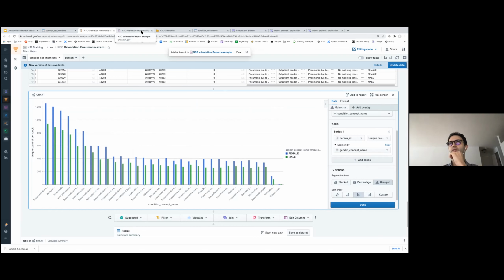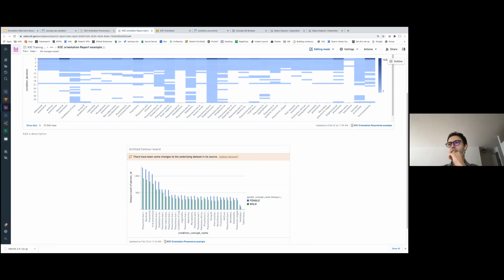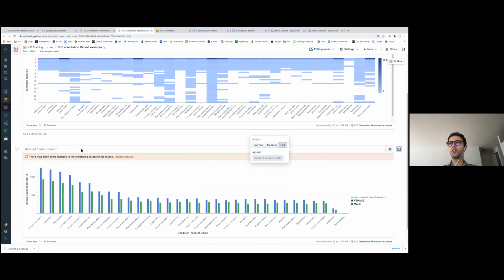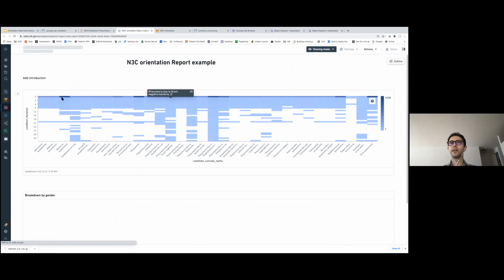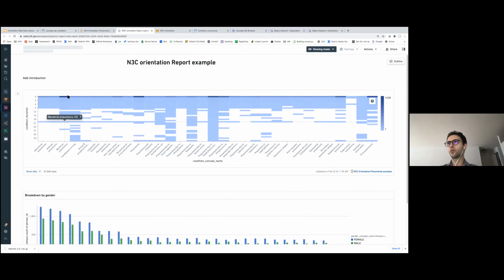And if I go back to it, you can see that this is a graph that has been added. I can also format it, give it a name, and switch to view mode. And this is basically my report.